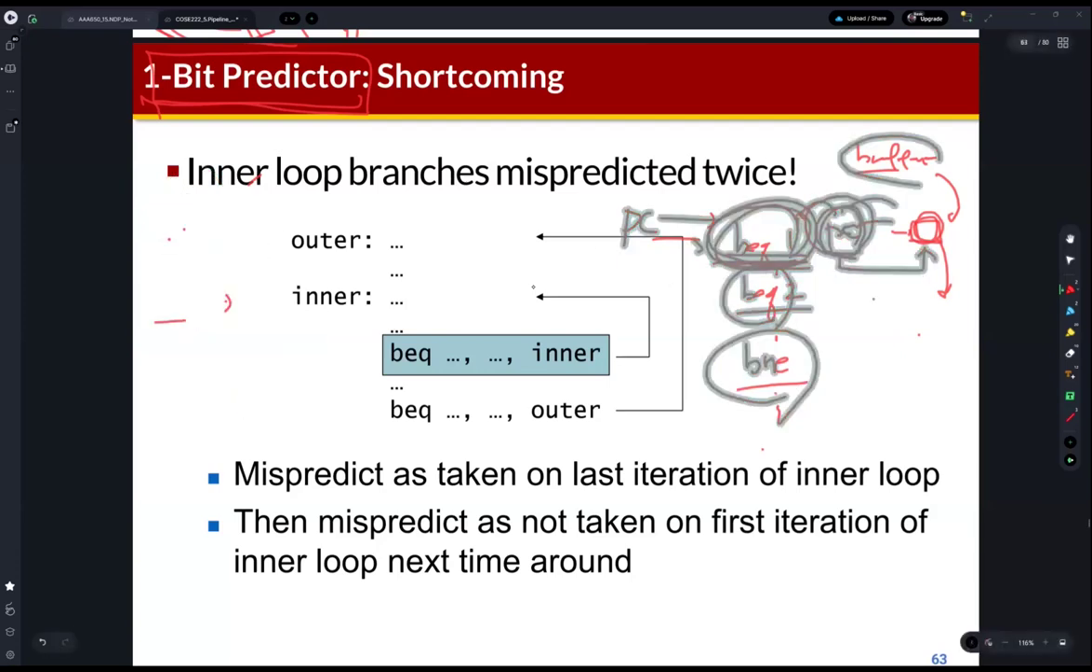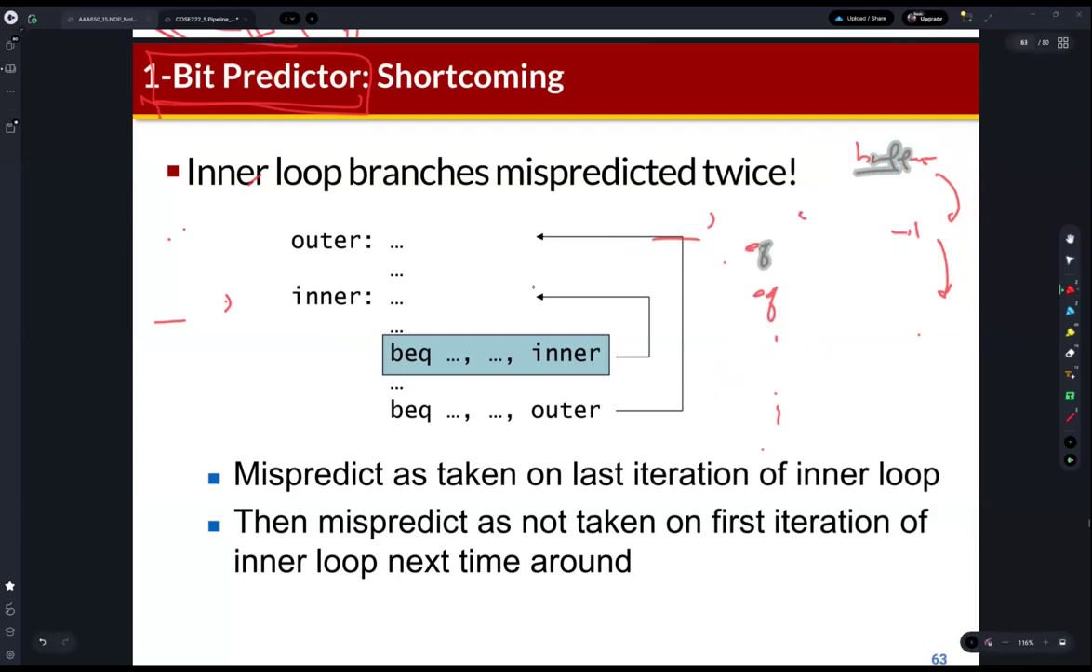But for this nested loop, we frequently use nested loops in our code, right? Like for i equals 0 and then blah, blah, blah, for j equals 0 and then blah, blah, blah. So we frequently use nested loops in our code. But what is the problem of the one-bit branch predictor? It is because